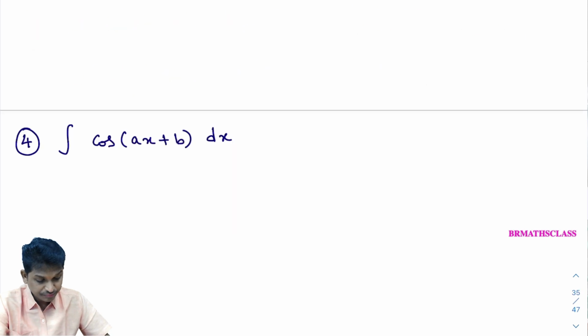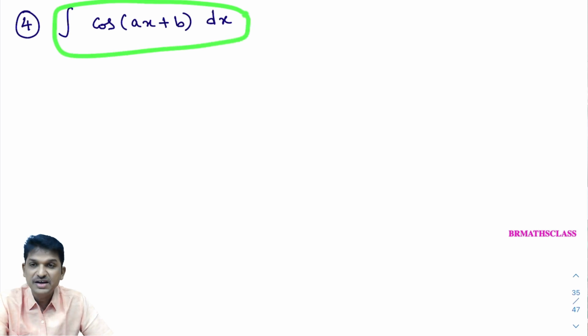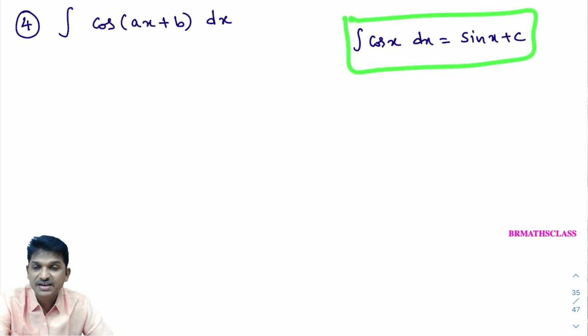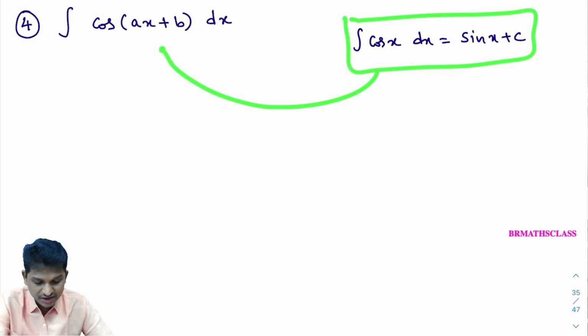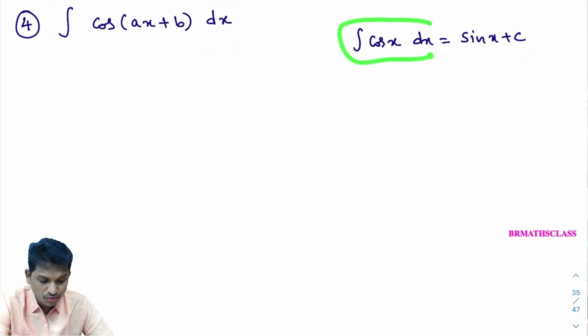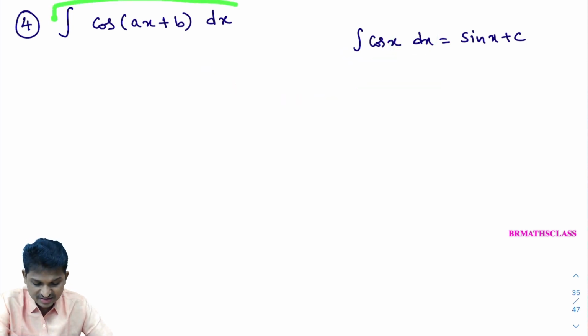Okay. Now, look here, integral of cos of ax plus b dx. Okay, you know this formula. What formula do you know? Integral of cos x dx formula you know. What is integral of cos x dx? Integral of cos x dx is sin x plus c. You learned 19 formulas, right? In those 19 formulas, this formula is there. Now, actually, we need to calculate this. To calculate this, is any direct formula there? No direct formula is there. But what you identified in this formula, whatever formula you learned, this problem is just x replaced with ax plus b. Then what I am saying is, we can write this answer directly.